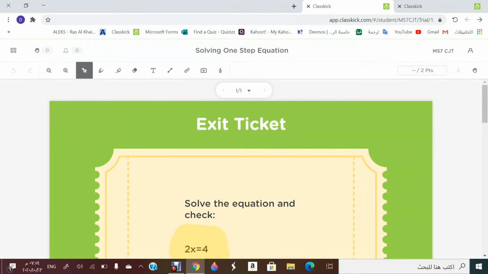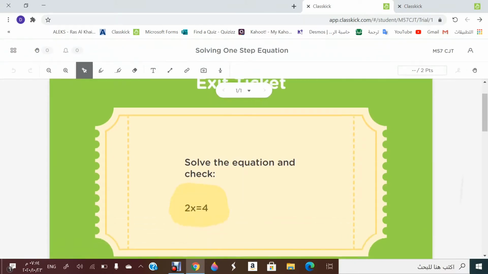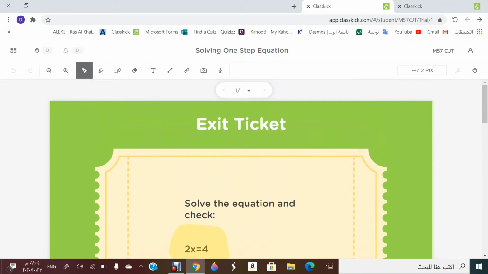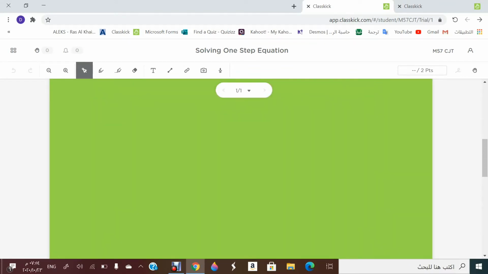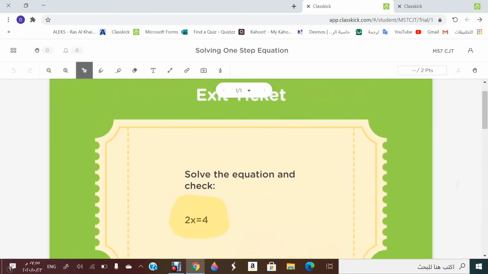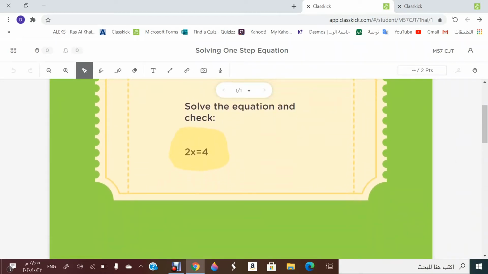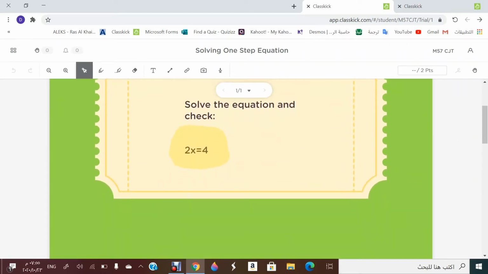Now, I received the exit ticket already from my teacher. When I have received it, I should solve it. So how can I solve it? I have choices: I can choose the text, the pen mode, or the highlighter. So for the pen,